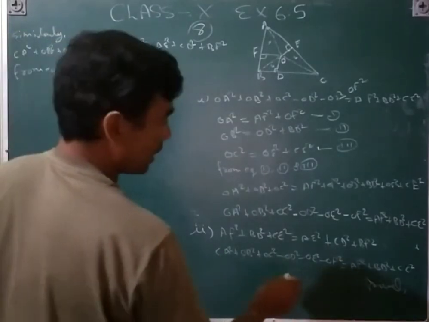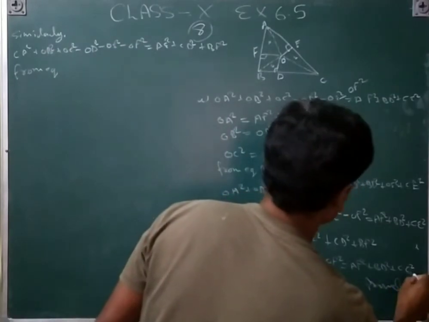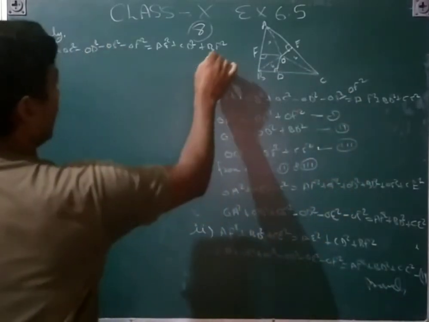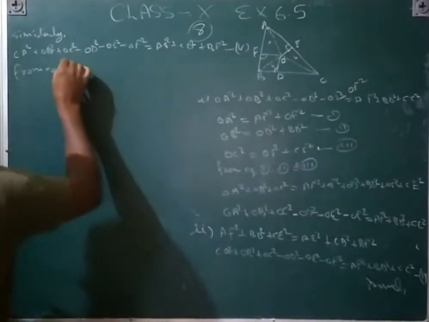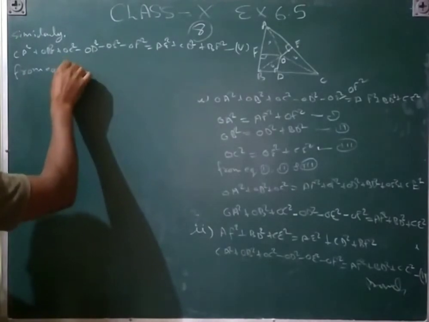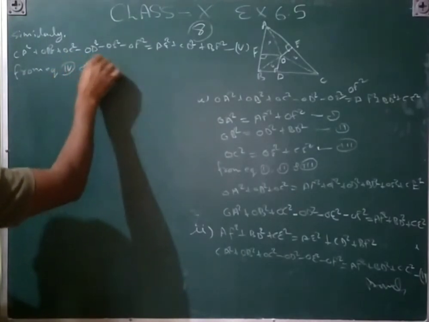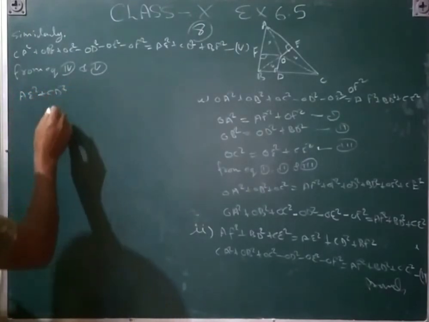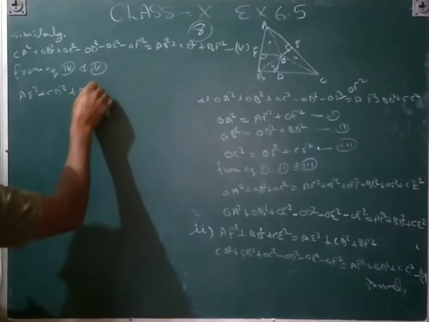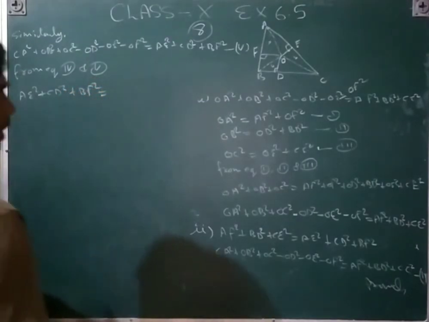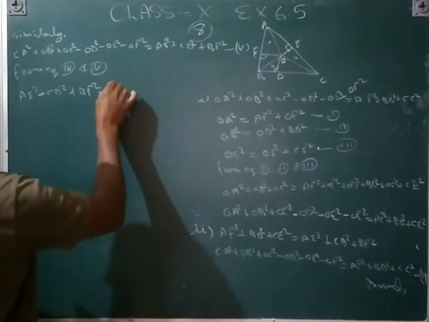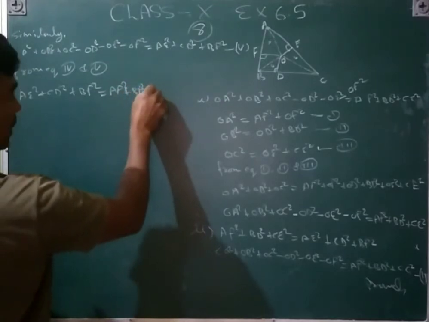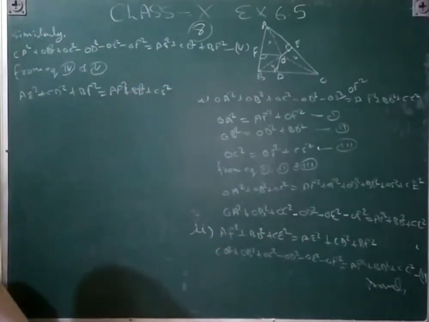The name of that equation is third, we have taken fourth, and that will be fifth. From equations fourth and fifth, AE square plus CD square plus BF square is equal to what is left: AF square plus BD square plus CE square. And then